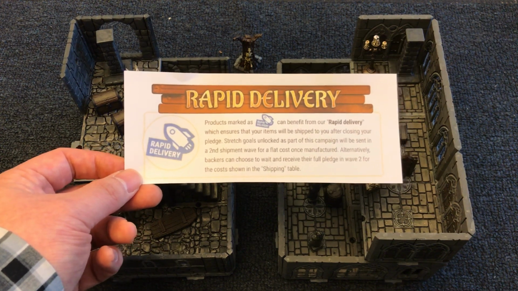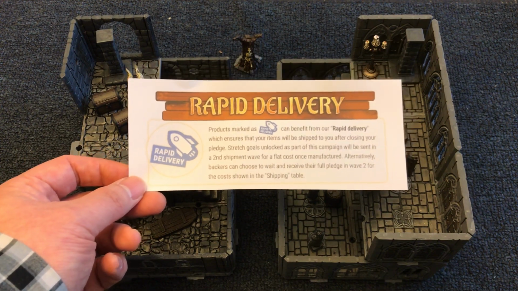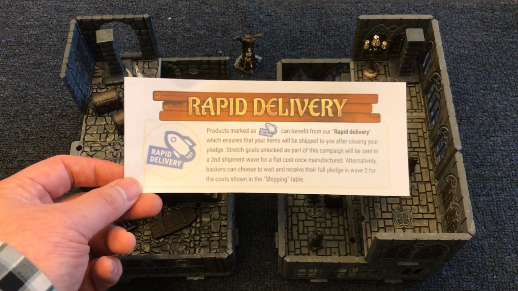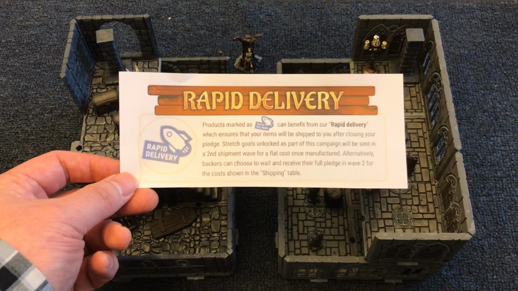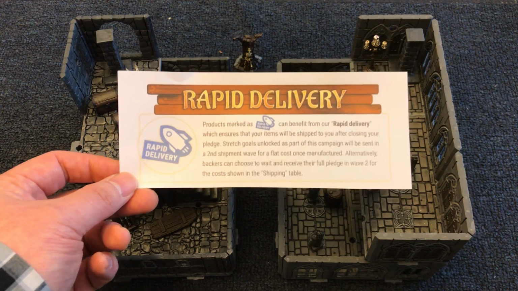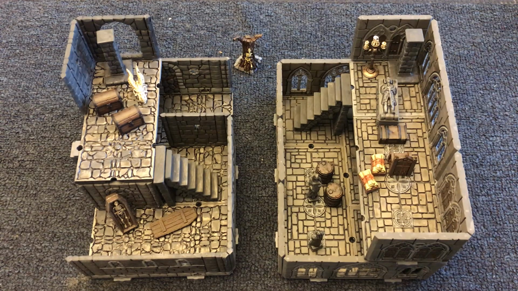If you do get the additional stretch goals with the Fantasy Core Set, I highly recommend rapid delivery because you are going to get a huge amount of stuff for your terrain hobby. And it's better to break it up into 2 shipments so that you can get your painting done rather than get everything all at once. So that's pretty much it. That's the summary of what you should be getting for